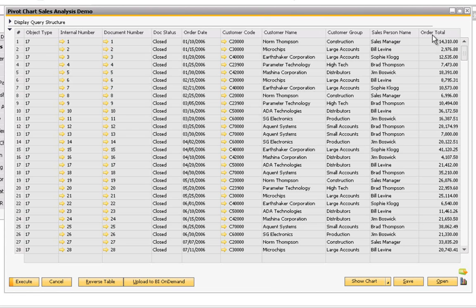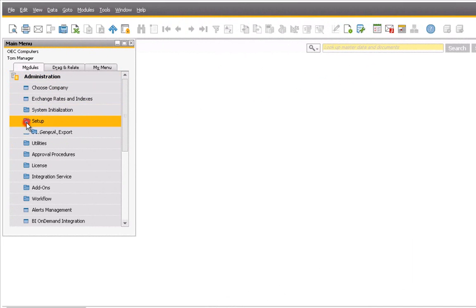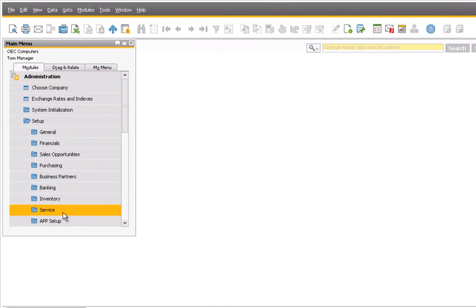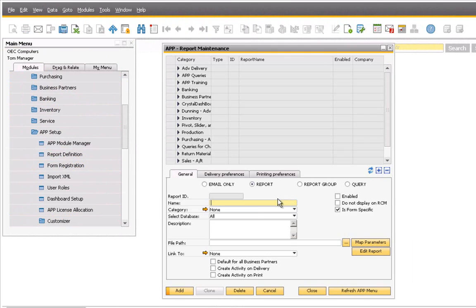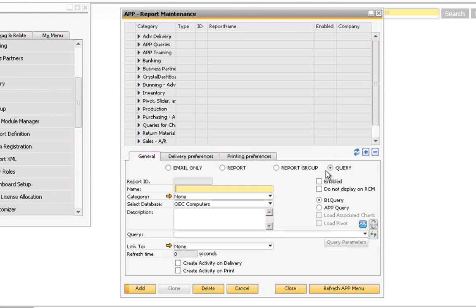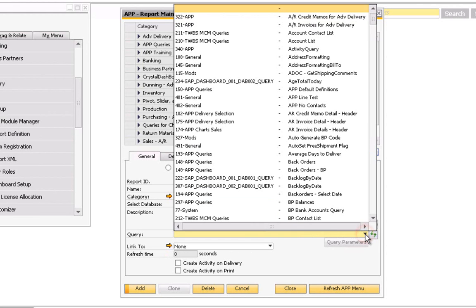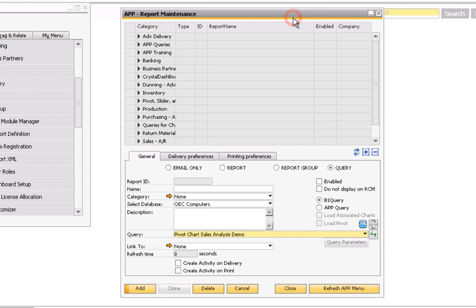Now I'll take you through the steps in the Advanced Productivity Pack to analyze this data using a pivot grid. The first step is to register the query in APP as a query. Going into the Administration, Setup, APP Setup, Report Definitions menu will bring up the Report Definitions screen in Add mode. We're going to click the Query Option button, and I'm going to select my query from the list of queries in SAP. I'll choose the Pivot Chart Sales Analysis Demo query, enter a descriptive name, Pivot Chart Sales